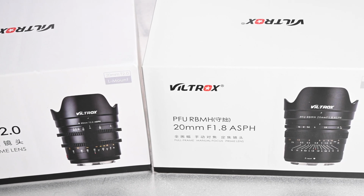I think it is something that is debatable, but for L-mount users, this is the only version that Viltrox has created, so you pretty much have no choice but to buy this one no matter whether you want the Cine version or not. But if I compare the Cine version and the photo version, I do prefer the Cine version